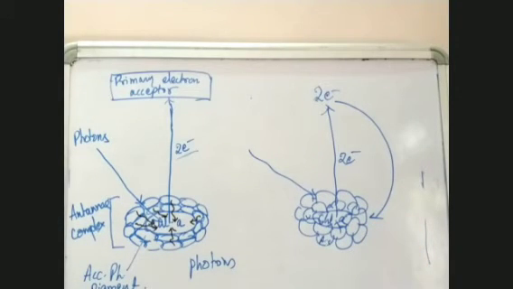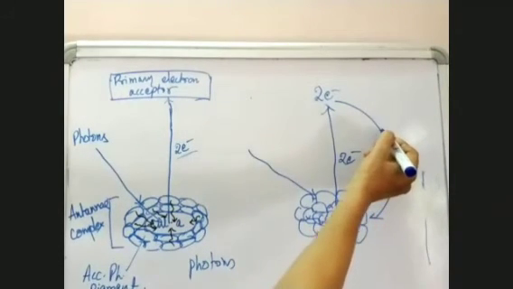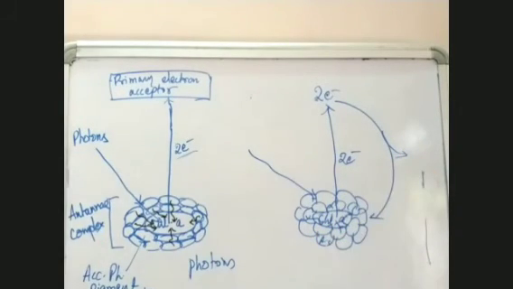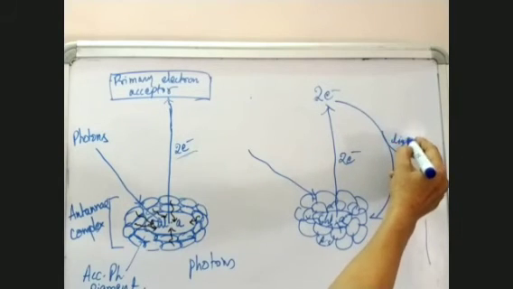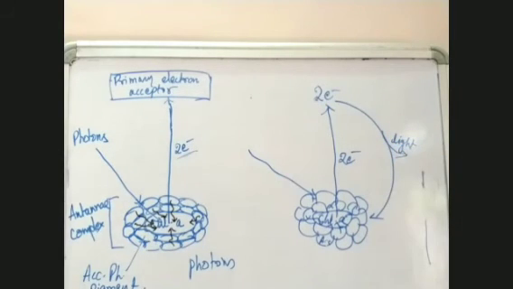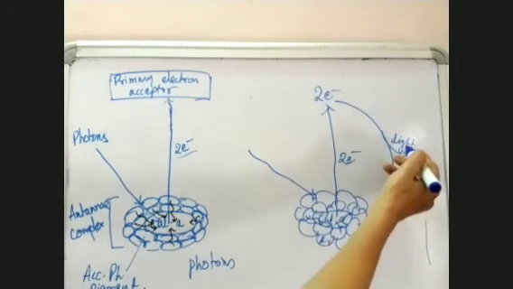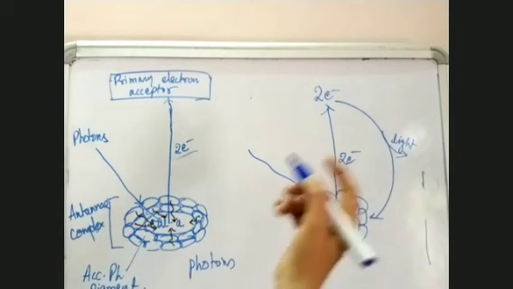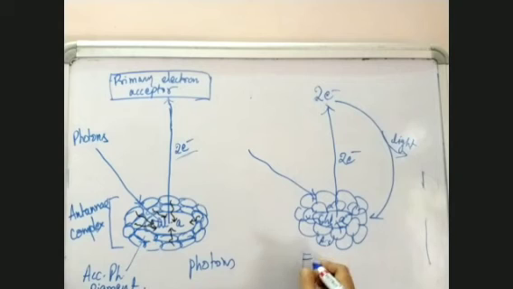Before it comes down to its normal level, it has to release the energy which it has gathered. That is released in the form of light, which is visible in different colors of light, and then it comes to the normal state. This process in which light energy is released is known as fluorescence. This happens in the in vitro condition if we are performing this experiment in the laboratory.